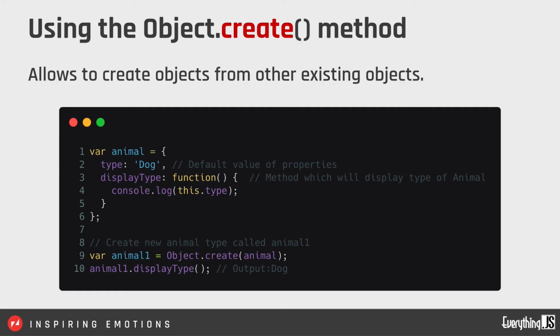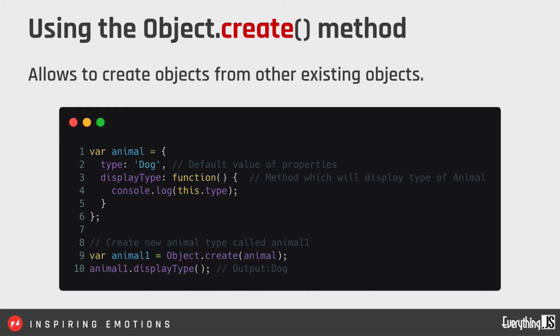This is the direct way where you create an object literal and you define all those properties. And then there, if you notice, we have a type property which has a value of dog, which is a string, and the displayType, which is a function, and it is referring to that type value